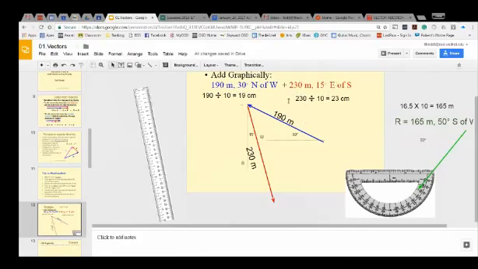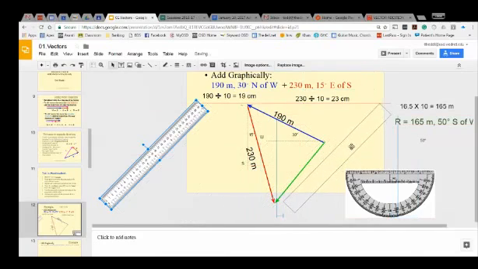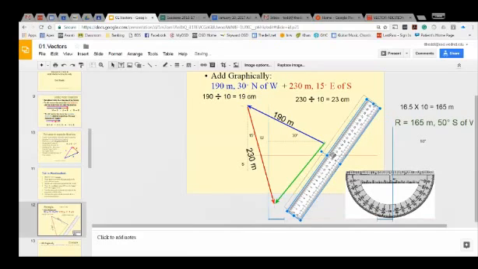And then remember when I'm going to draw my resultant, I go from the open tail to the open head. And so I'm going to draw that very carefully with a straight edge. Let's see if I can put that right on the end of there. So that represents my resultant. And then to get the value of that, I use my ruler. So I'm going to measure the length of that. And then I'm going to adjust it to the scale using exactly the same scale. So I measure that. It came out to